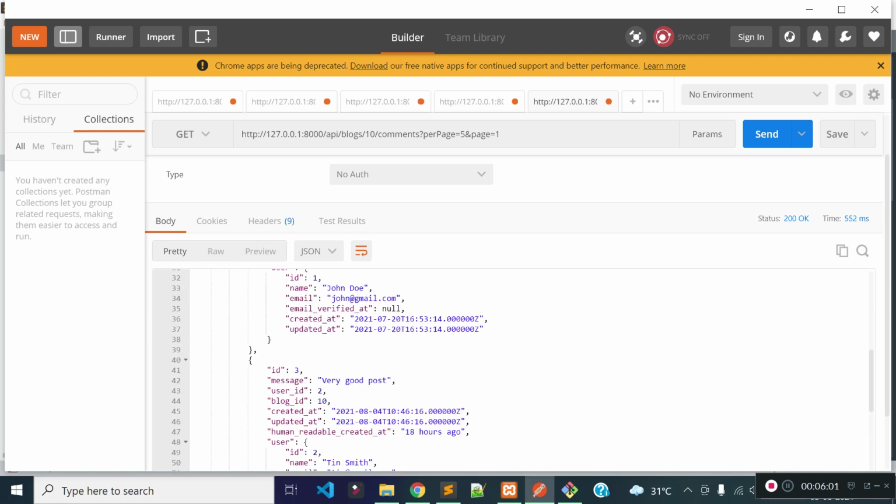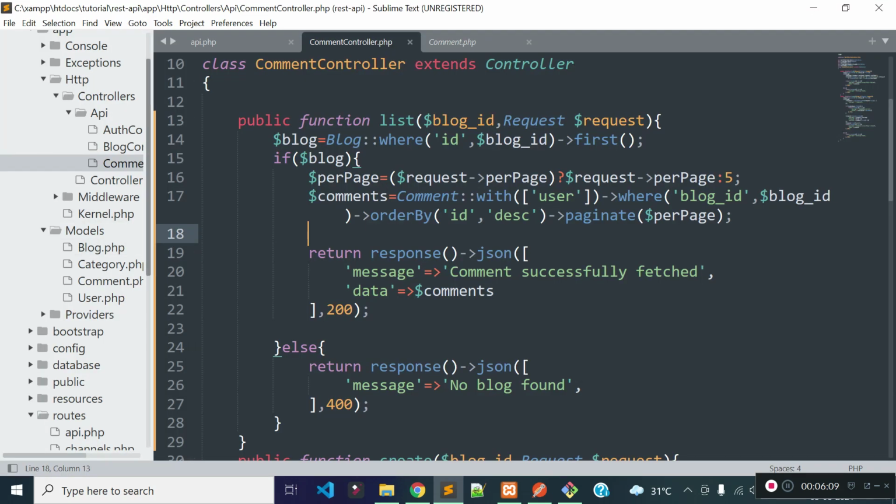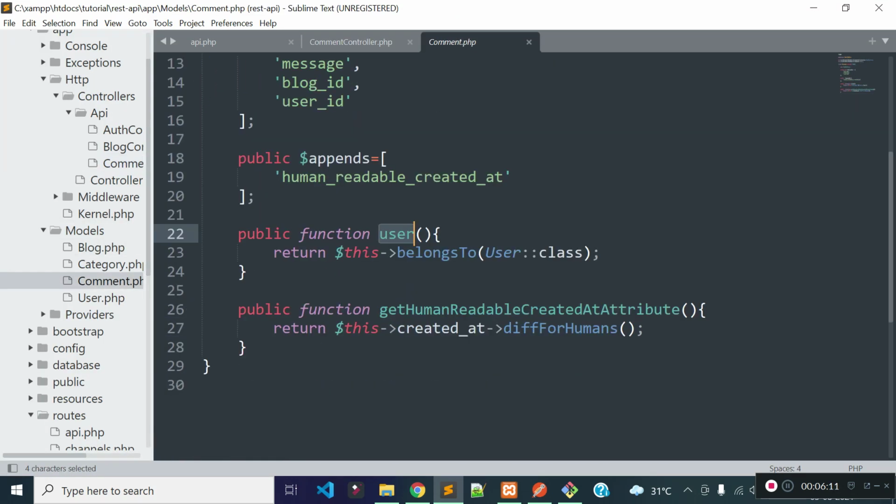Another thing you may notice is that we have human created at time here, because we already added an attribute in our comment model. You see, we created the getHumanReadableCreatedAt attribute inside our comment model, and this will return a human readable time for when the comment was submitted, like 1 hour ago, 1 second ago.